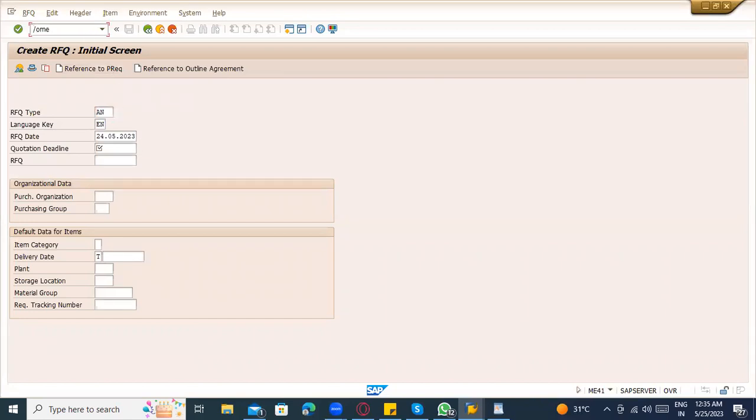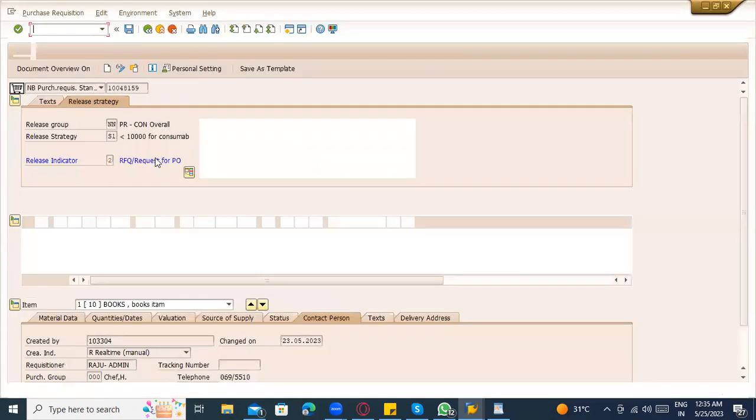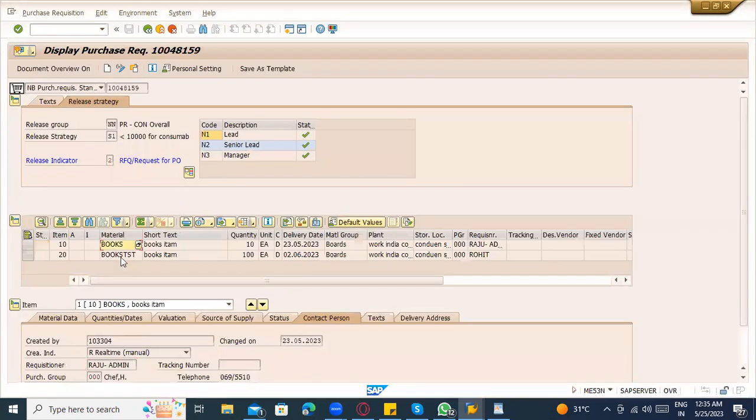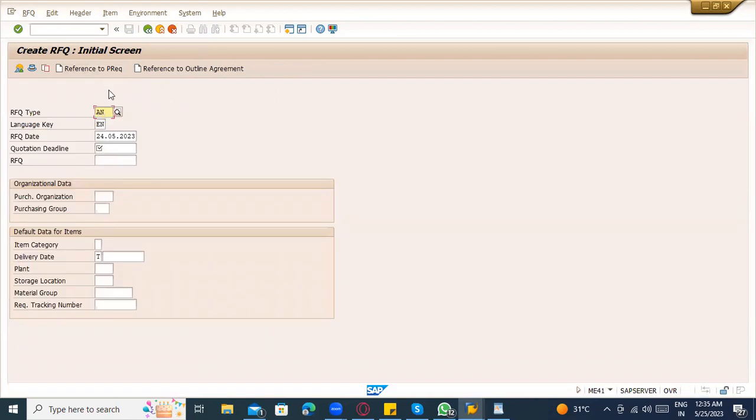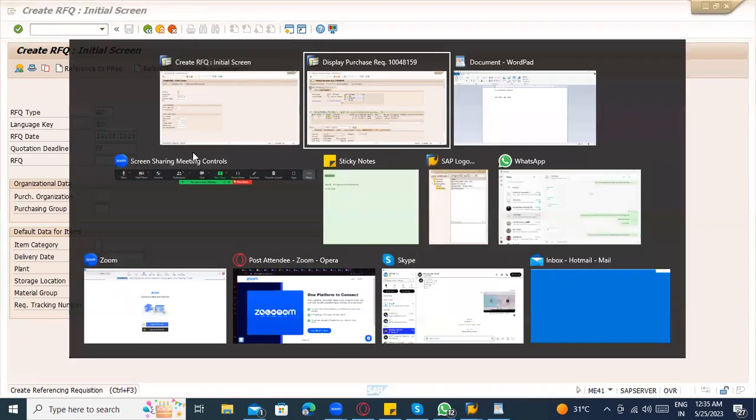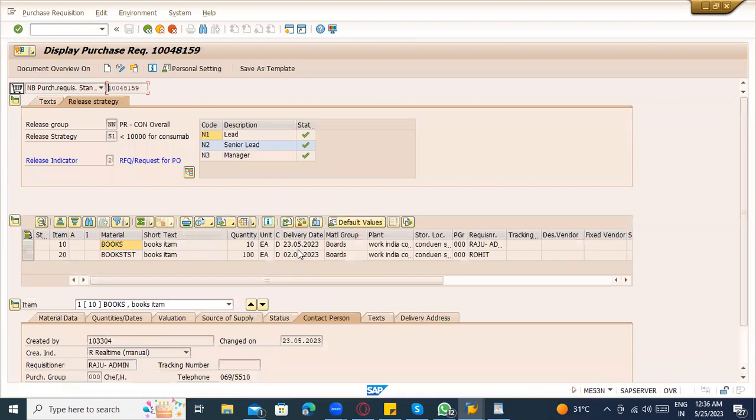Yesterday I created my purchase requisition, and for that I'm searching for the vendor. This is what we created yesterday. Once I select the purchase requisition, before that you also need to have the quotation deadline. Why do you need the quotation deadline? Because I have a requirement on